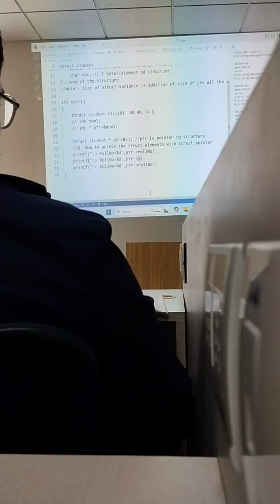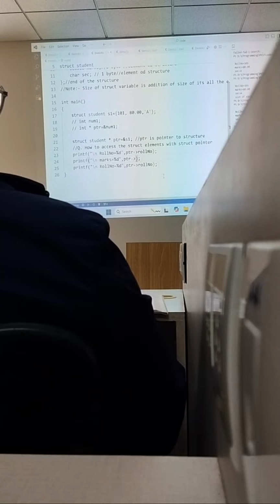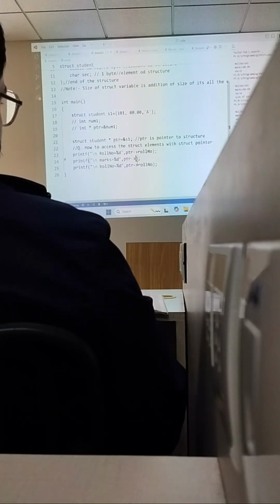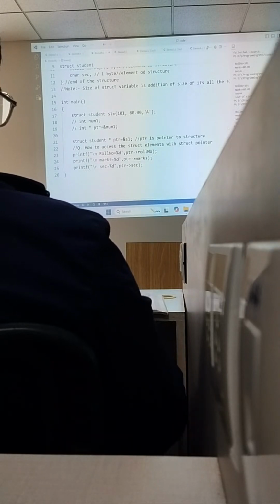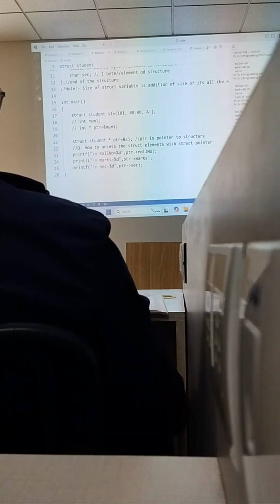Next, we need to print the marks. So mention ptr arrow operator marks. We need to print the section. So ptr arrow operator section. That's it. Let's try to access these, and it is demo number 9. So demo number 9. Clear the screen